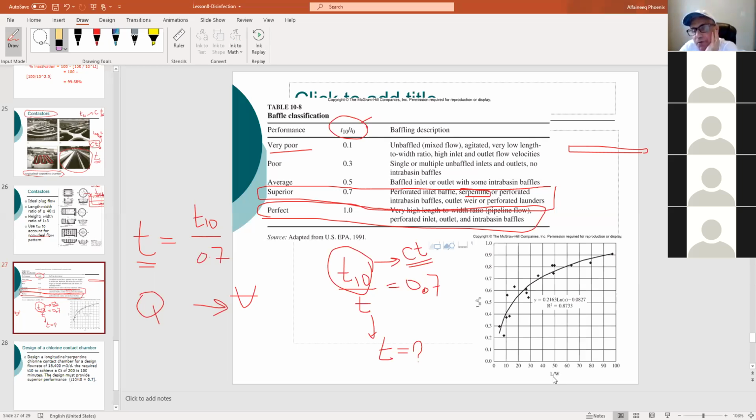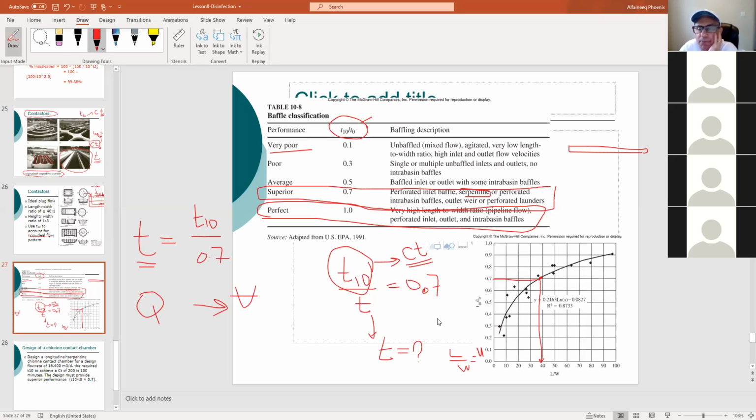After that, if it's long, then go ahead and find the length to width here. You can use this curve if you want. Length to width ratio of the contactor depends on your T divided by T naught. If you are using superior, you can go from here and you can use this value, if you want. Oh, that's 0.6, sorry. I was thinking it should be 40. Here it is. Around 40. Length to width equals,